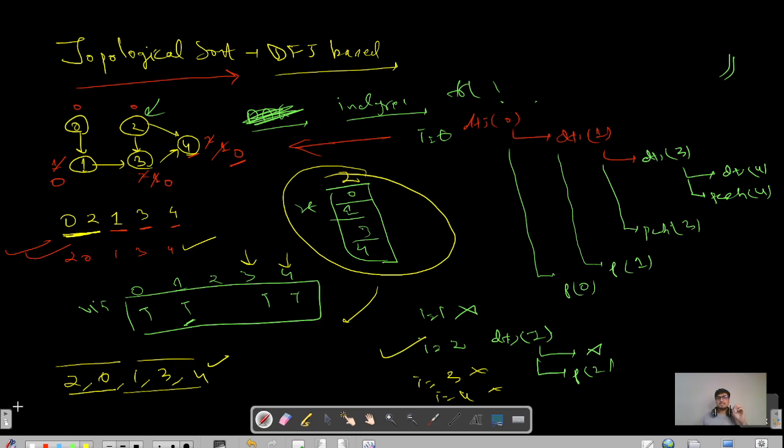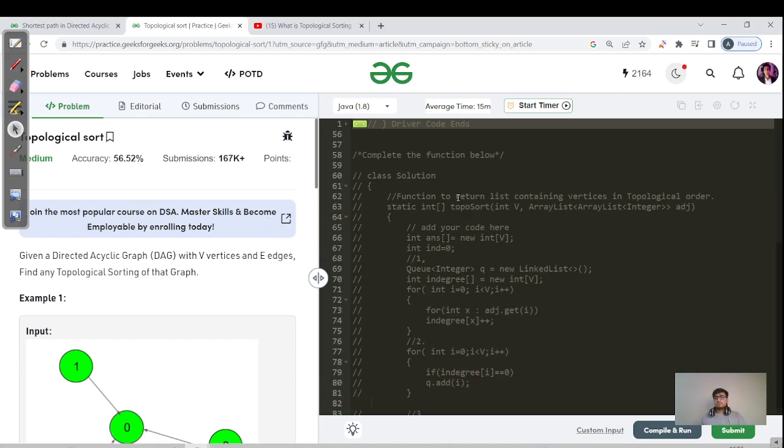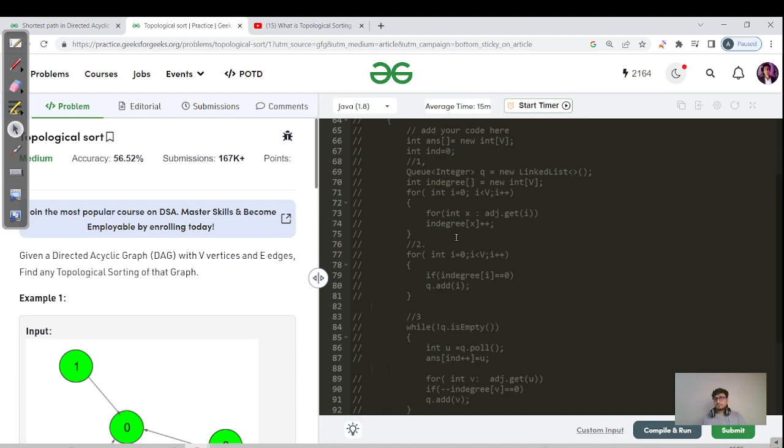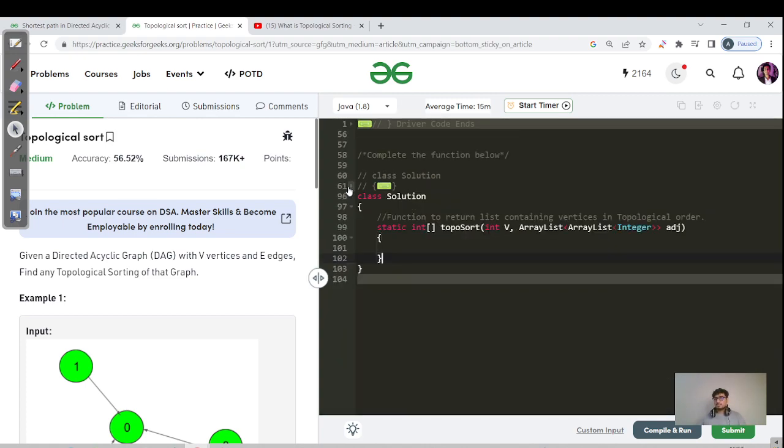Great. Please pause this video here. I'll mention the link of this problem in the description. Try doing this problem in the DFS approach. If you remember, we have discussed this particular problem in the BFS manner as well. So that's the, let's say, commented code here. You can get it in my DSA repository as well, or in the previous video link description. Please pause this video and now code this approach in the DFS manner,